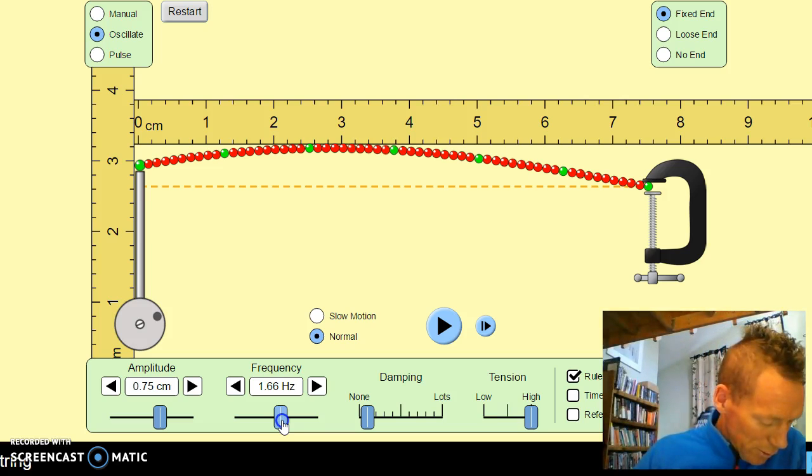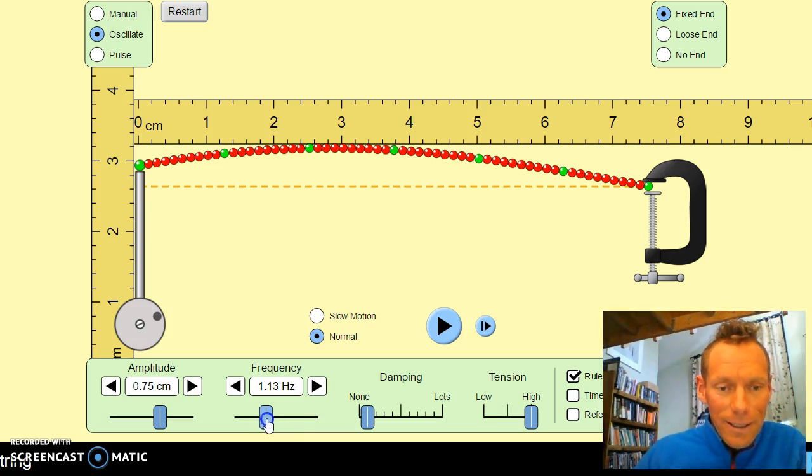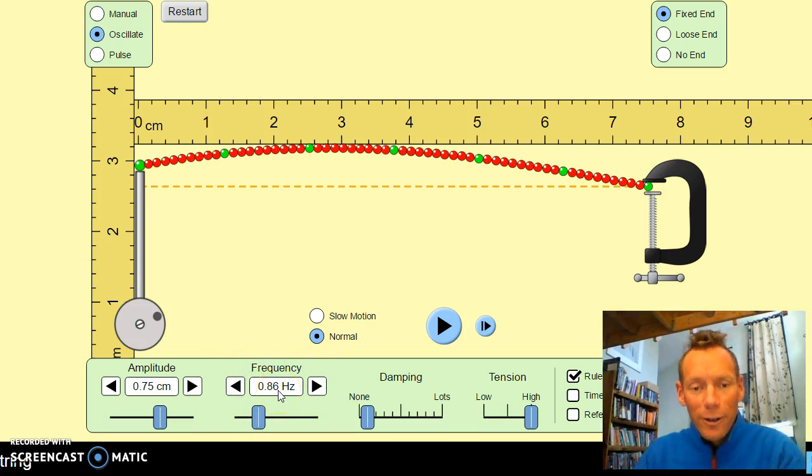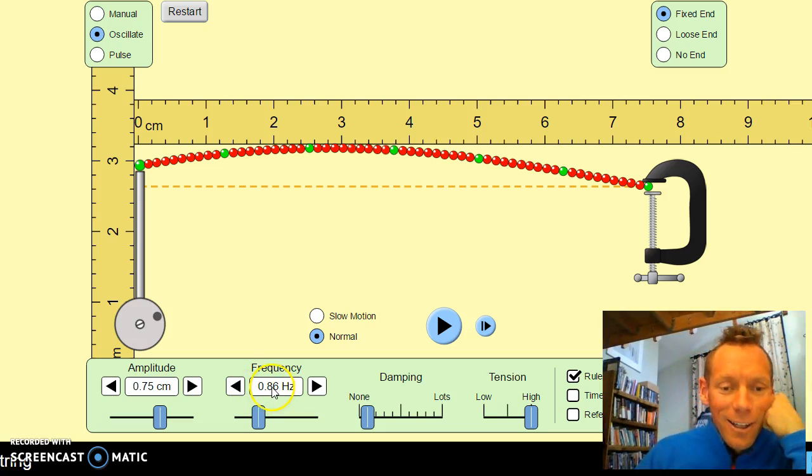let's go to 0.86 hertz. All right, so we're looking at this in the bottom part of your screen. I know you can't really, well, you can see me. Hi. But if you look at the bottom of the screen right here, 0.86 hertz. Okay, so we're gonna play this, and what is going to happen is this thing moves up and down, and